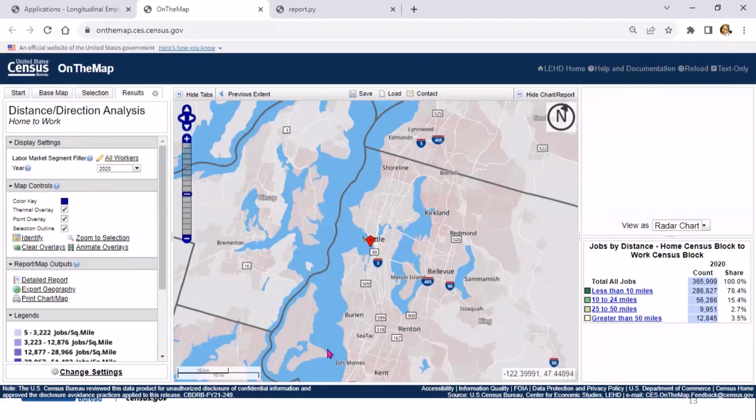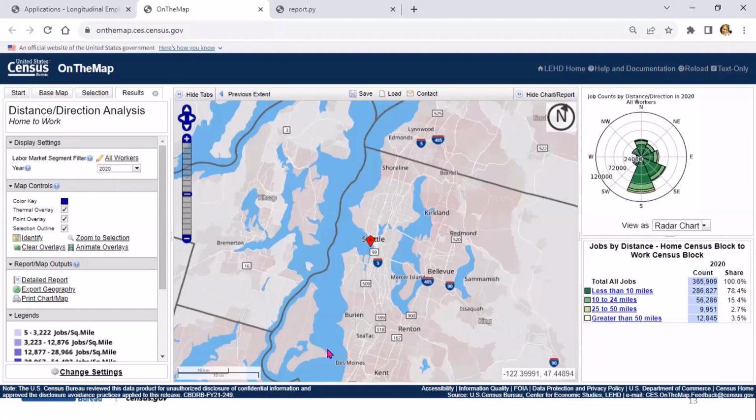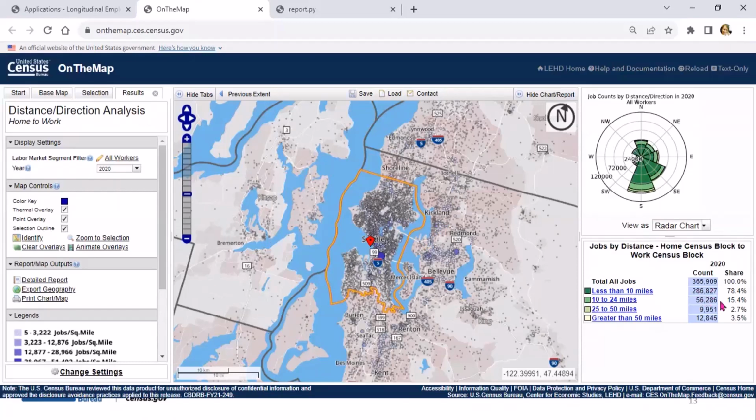So now as the map is generating, we can see on the right-hand side the radar chart, and also how many miles people are traveling to the selected areas to work. We can see that less than 10 miles are about 286,827.